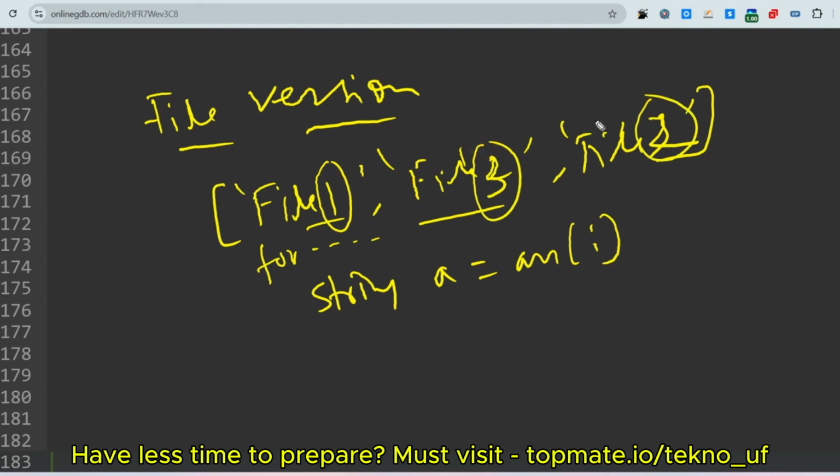Whenever you see that it is the highest, compare that, whichever is the maximum, store that and return at the end. So I hope you understood what the task is. Here file 3 will be the output, because this is the latest version.